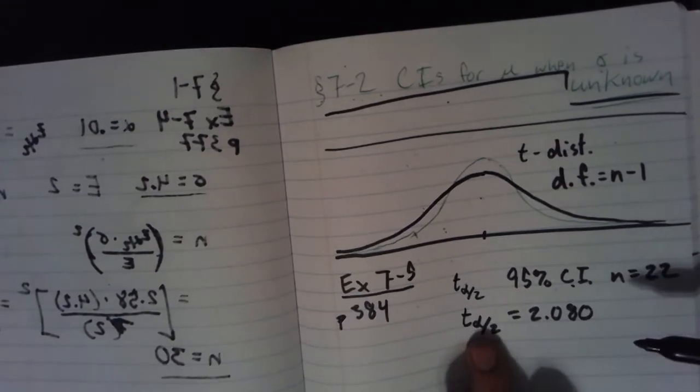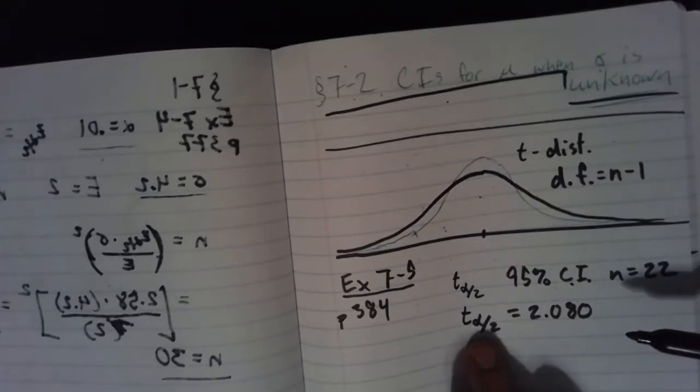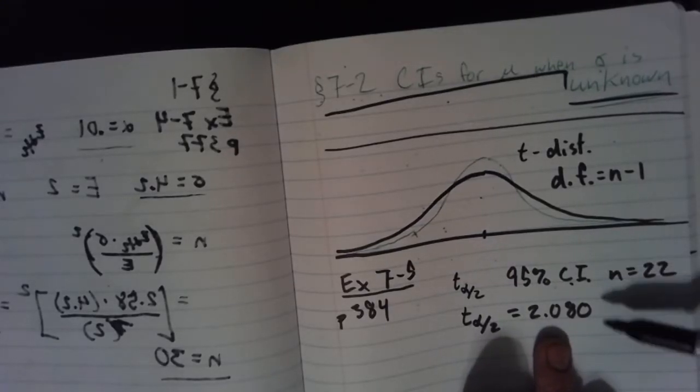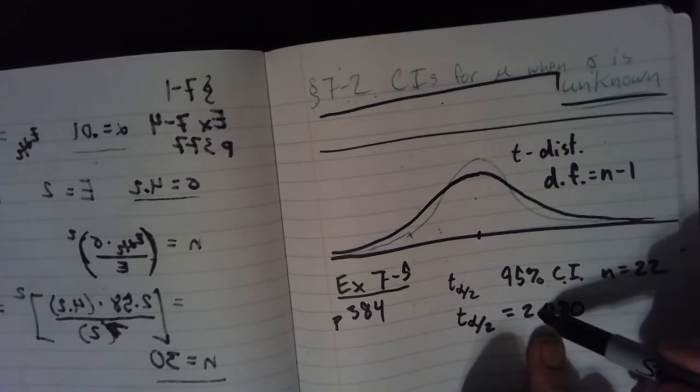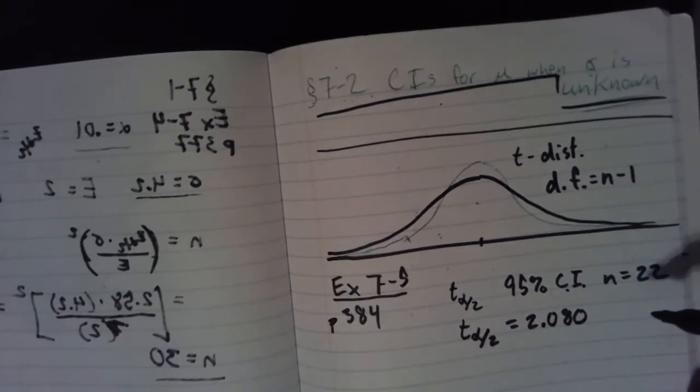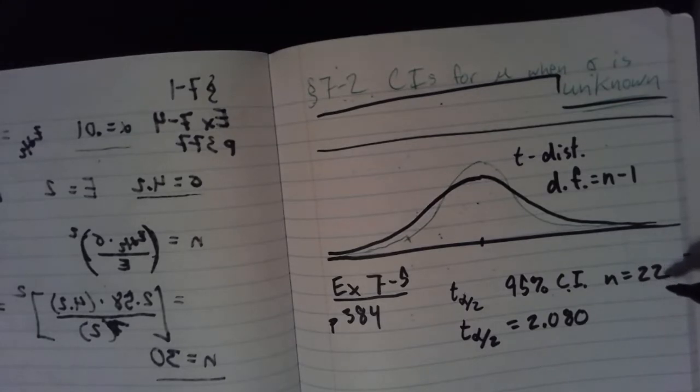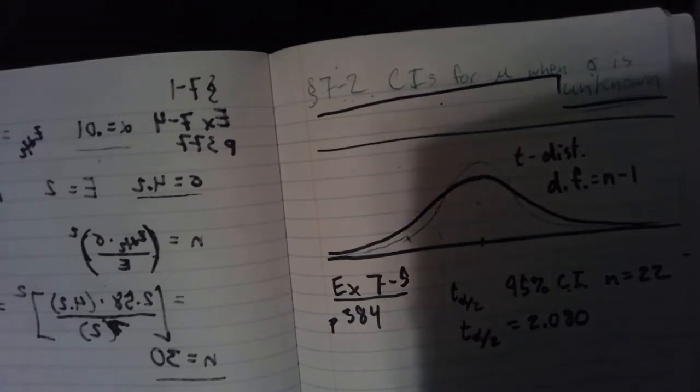Okay, so where we came down was t subscript alpha over 2 was 2.080 for a 95% confidence interval for a sample size of 22. Meaning our degrees of freedom was equal to 21, right? So one thing I wanted to show you, if my doc cam will cooperate with me,